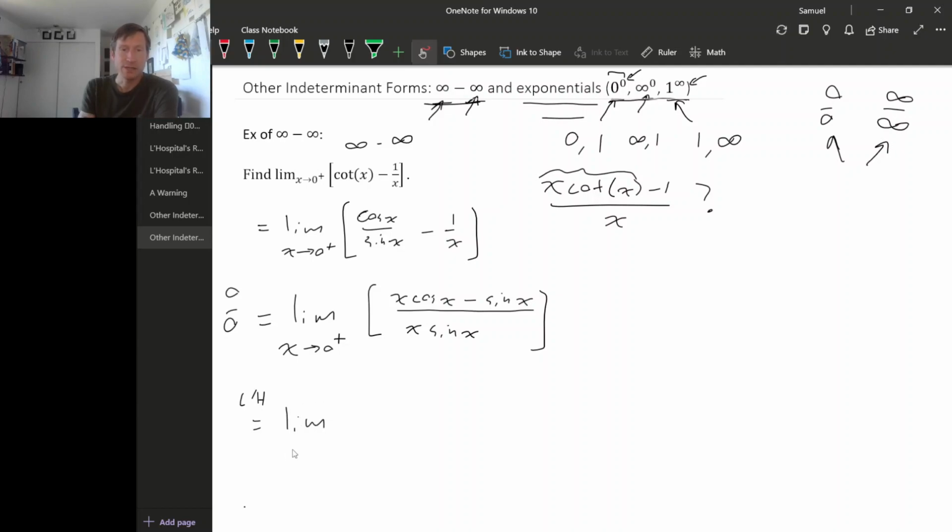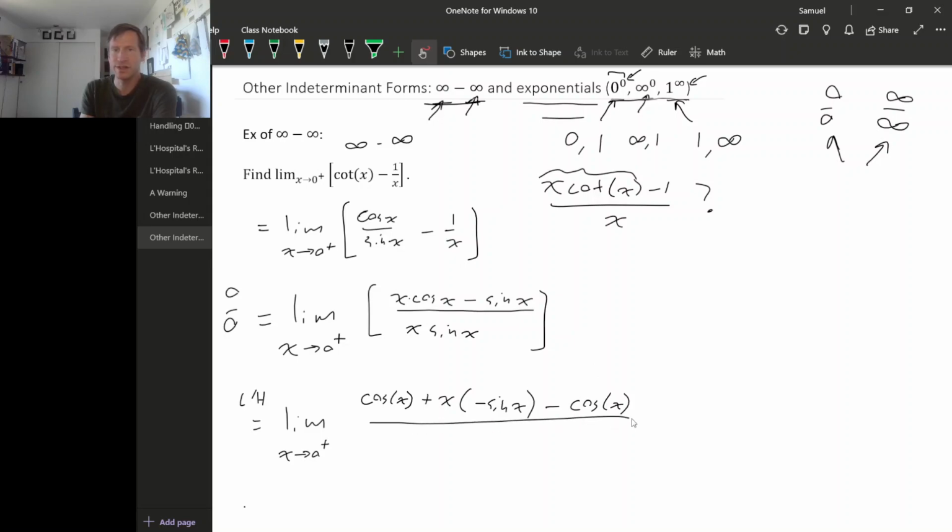All right, we get the limit as x goes to 0 from the right. Now the derivative of the numerator, we have to be careful because of this product right here. So the derivative of x cosine x is cosine x plus x times the derivative of cosine x, which is minus sine x, and then minus the derivative of this piece, the sine. So that's cosine